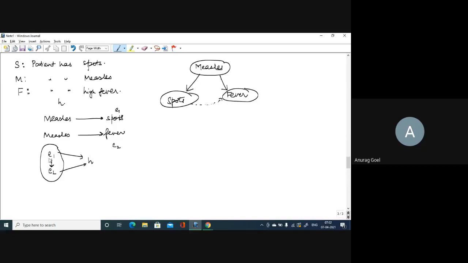So in general, given a prior body of evidence E and some new observation capital E, we can